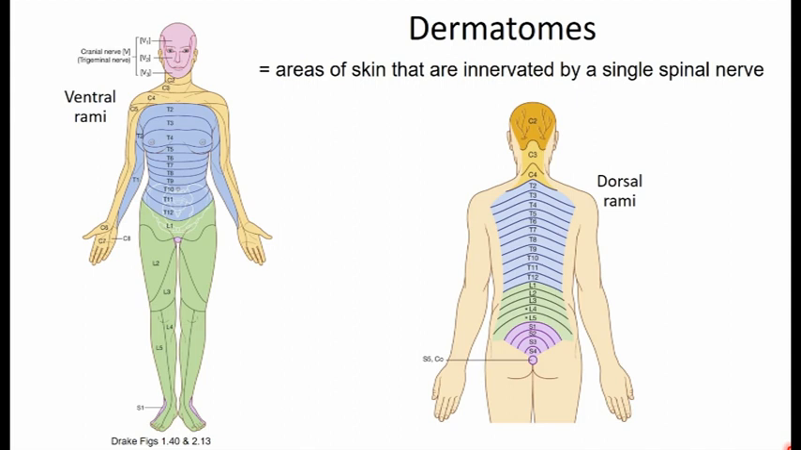Now remember that each spinal nerve splits into a ventral and dorsal ramus. The dorsal rami innervate areas of skin located on the posterior aspect of the trunk and the head. This makes sense because this is the dorsal aspect of the trunk and head. The ventral rami, however, innervate the rest of the body, so areas of skin on the anterolateral trunk as well